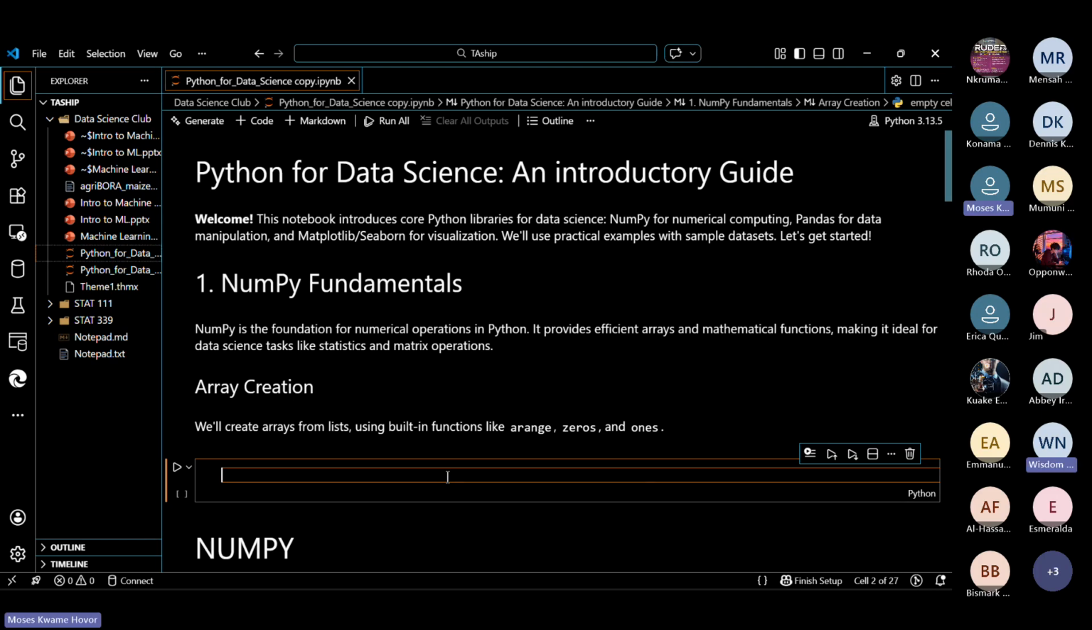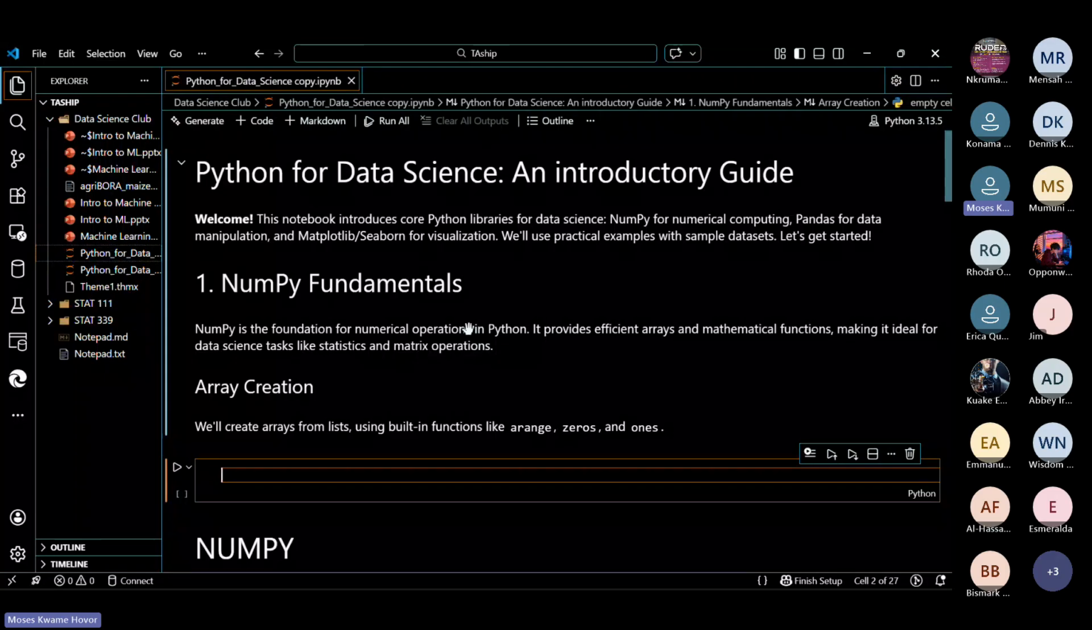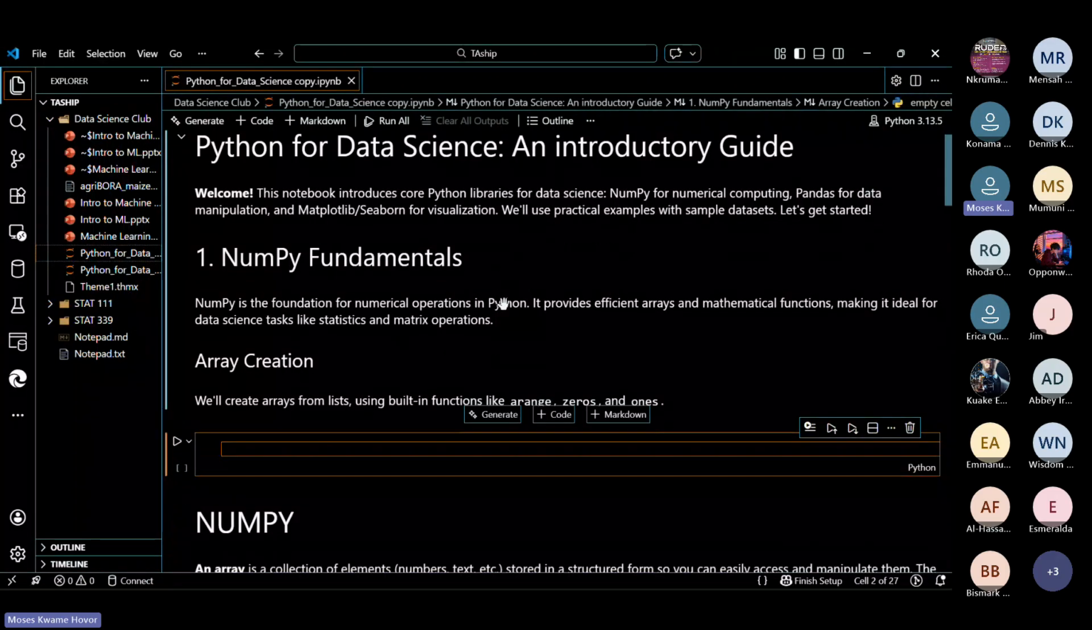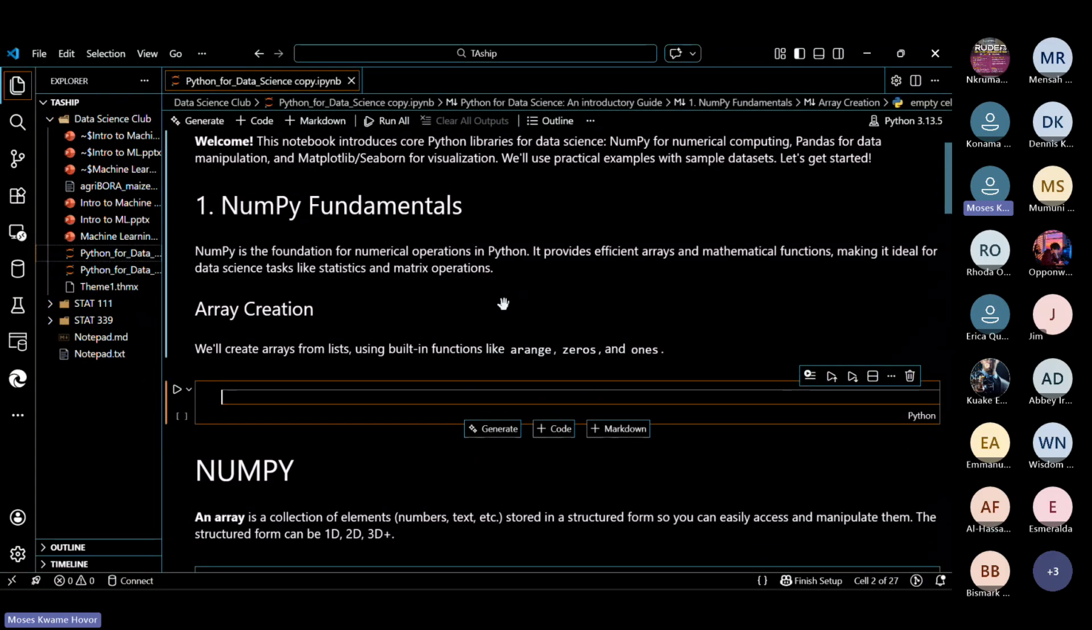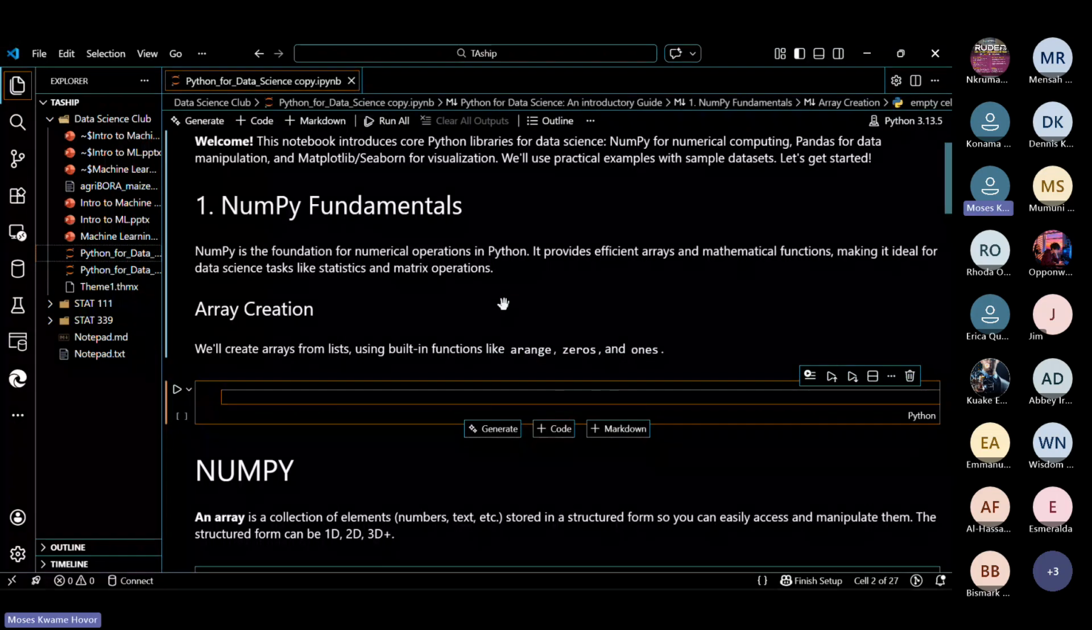All right, so please let's continue. In this Jupyter notebook, as I said, we'll be talking about NumPy, we'll be talking about pandas, we'll be talking about matplotlib, and then